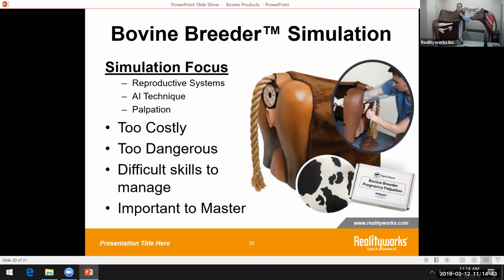The hide of this product can be closed or shut so you can't see inside of the animal, but then also opened up so you can use it as a teachable moment and explain some of these features. So the reproductive system of a female cow, and then also AI technique, looking at how you actually insert the gun and make sure that you're getting to the right place in AI technique. And then also palpation, looking at using our palpation kit